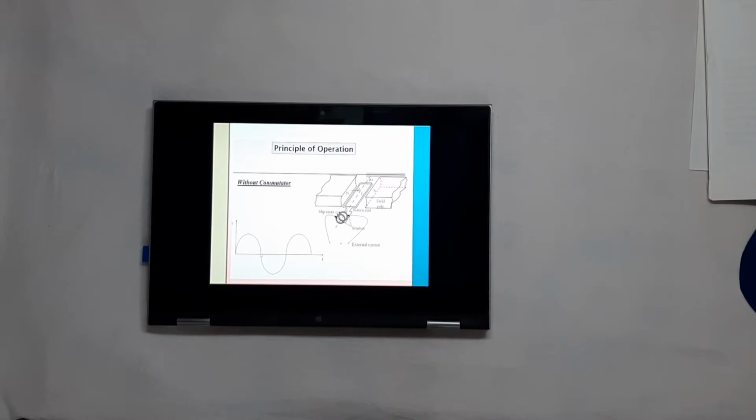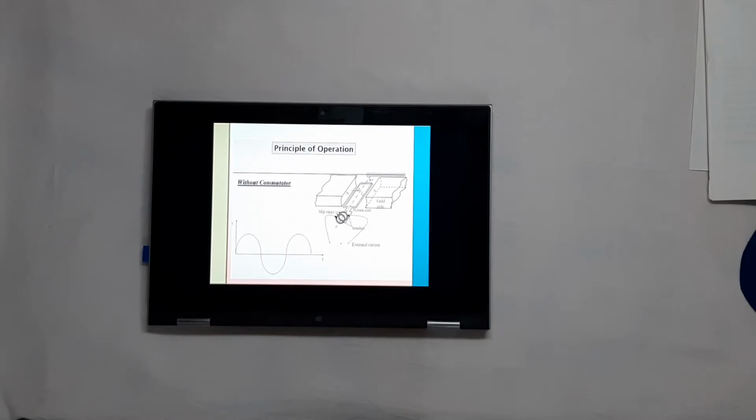Then in the next half cycle, the coil sides are changing from one pole to another pole. Then the direction of the induced voltage changes from positive to negative, and once again it goes on increasing. When it reaches 270 degrees, once again we are getting a maximum negative value. Thereafter there is a decrease in the voltage. Ultimately it reaches 0 when it has moved through an angle of 360 degrees. Then the cycle repeats. Means the actual induced voltage in the armature conductors is alternating in nature.